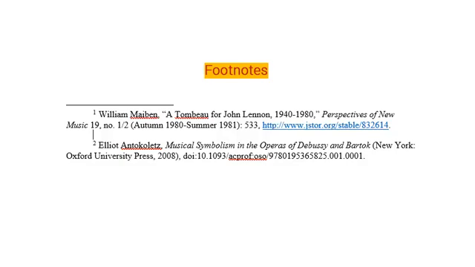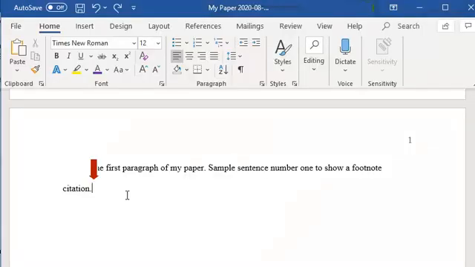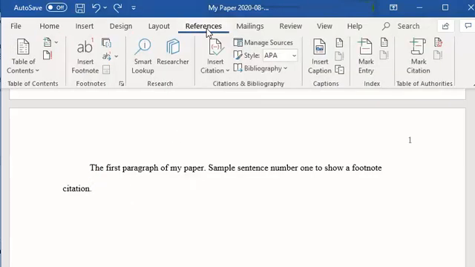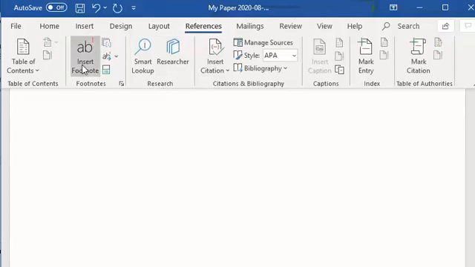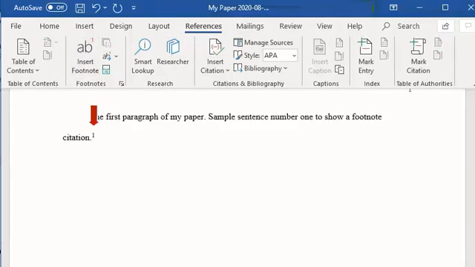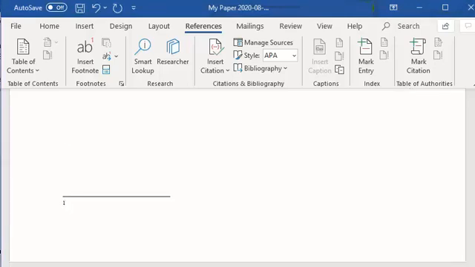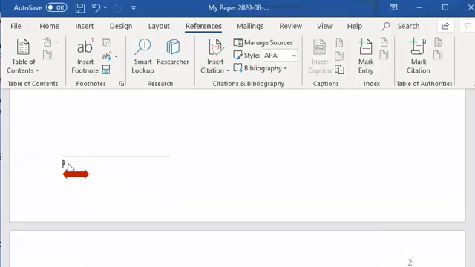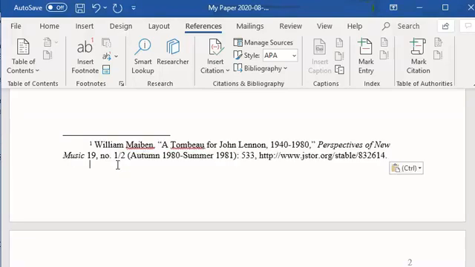To cite your sources in Chicago, you will use either footnotes or endnotes. At the end of the sentence with material you want to cite, select the References menu and then Insert Footnote. This will add a superscript note number at the end of that sentence and a footnote at the bottom of the page. Indent the note number 1/2 inch and then type your footnote. To change the formatting of the footnote, highlight the text of the footnote and change the font to Times New Roman 12 point to match the rest of your paper.